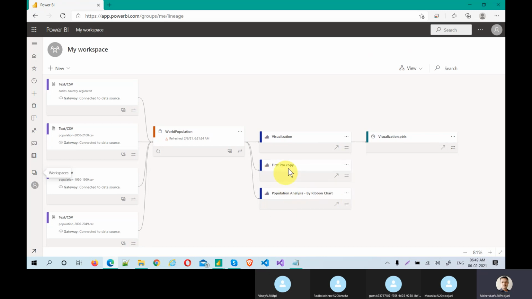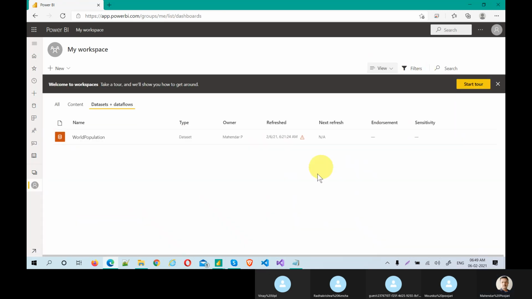These two I have created in the service itself, and this visualization comes from Power BI Desktop. From this only we have created the dashboard. From these two we have not created any dashboard. If you create the dashboard, it will come here. If you pin this, it will again point to this connection, but we have not pinned anything from this or any other. This is a very good advantage in the lineage part. You can see the list also.